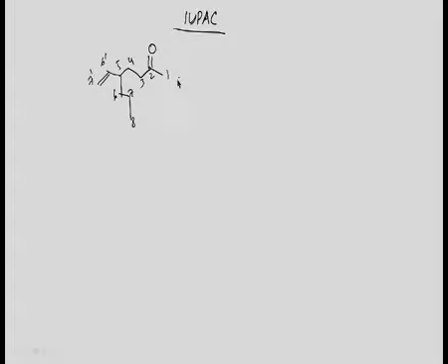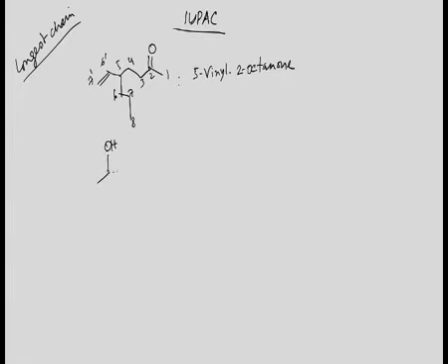Now the IUPAC nomenclature of this compound will be, so this will come as a substituent. So you have to consider the longest chain. And here, at the 5 position there is a substitution, so 5-vinyl-2-octanone. Now if you put a hydroxy group here like this one,